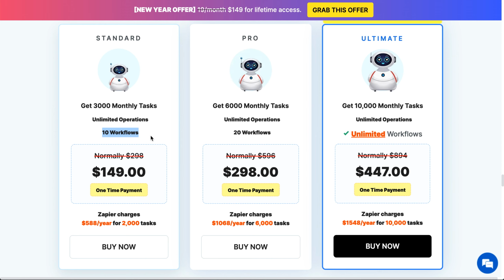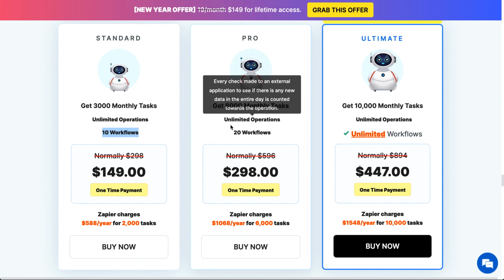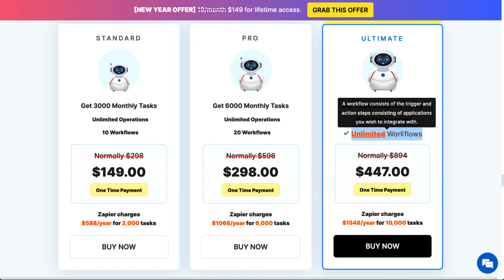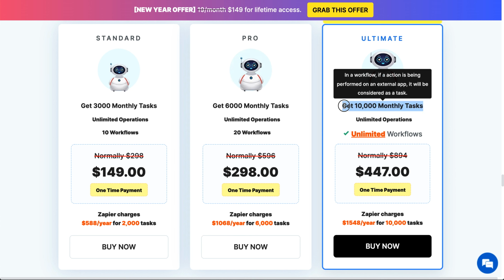Now, I am a very light user of this at this point, but there are heavier users. So you can get 20 workflows or even unlimited workflows. If you got this one, you're only paying $447, and again, Zapier charges $15.48 a year for 10,000 tasks. So this is unlimited workflows, but it does cap out at 10,000 tasks.